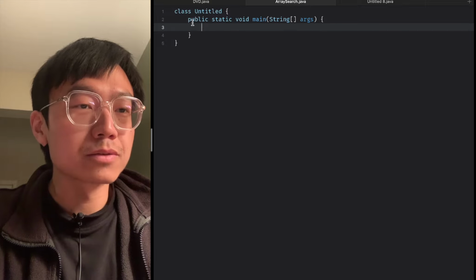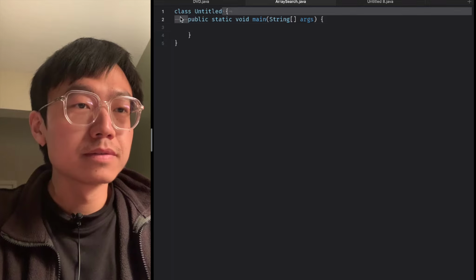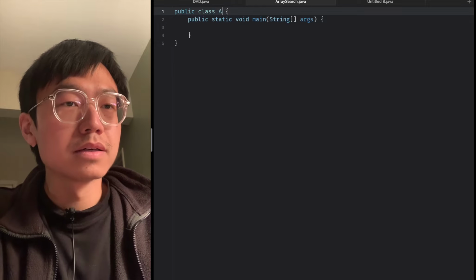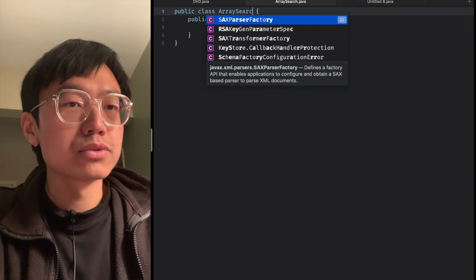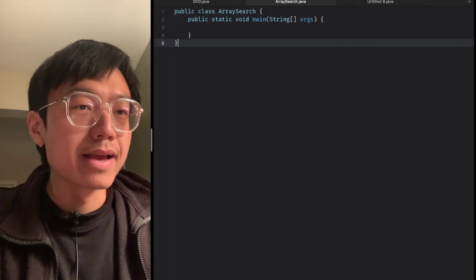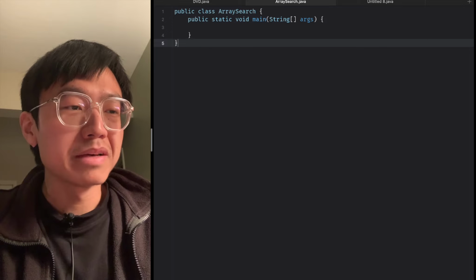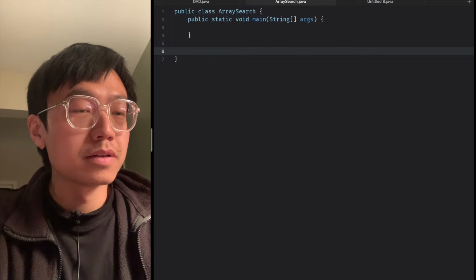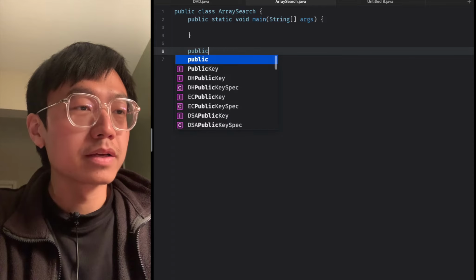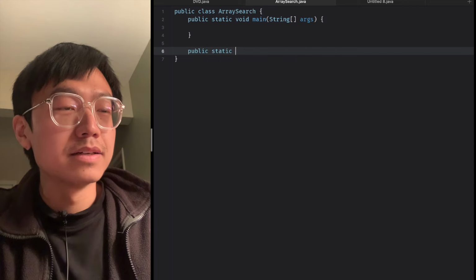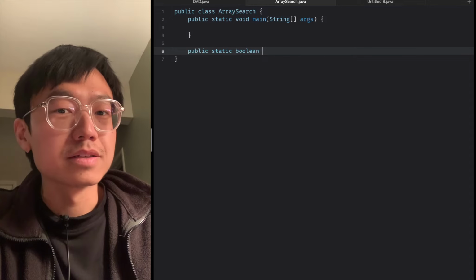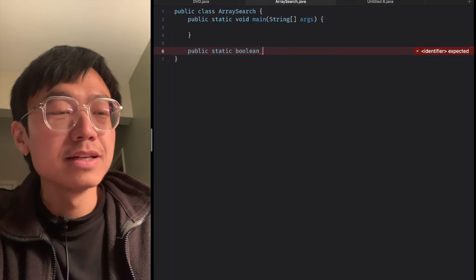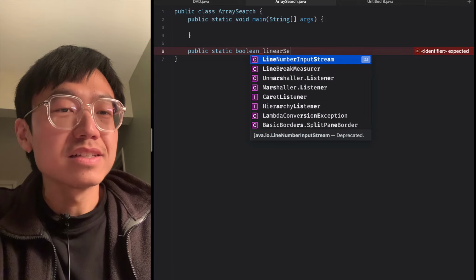First, let's create a public class, public class ArraySearch, and under the main method, we create our own method. Public static boolean. This is to judge whether it exists or not. We call the method linearSearch,